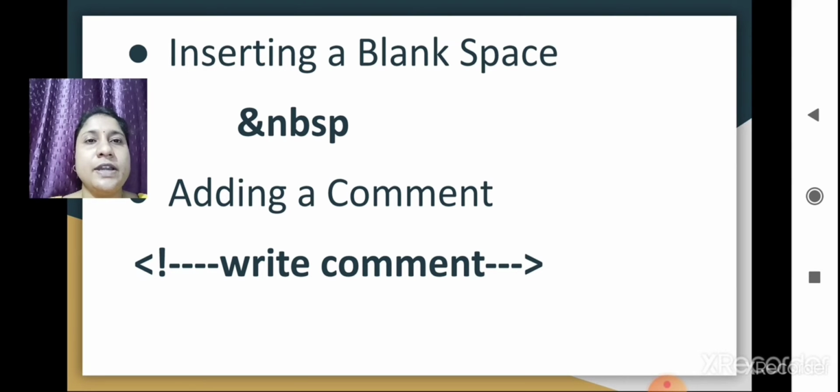This code stands for non-breaking space. Next is adding a comment, by giving an angular bracket, exclamation mark and dash. You can write a comment in the web page.